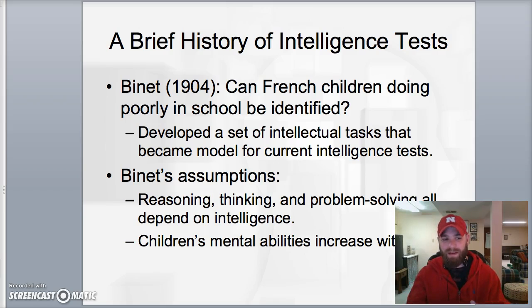Okay, so when I do an IQ test today, it's not the Binet one, it's a different one, but it has all these small tests that we ask people to do that we think are looking at a variety of things. And he had some assumptions that intelligence involved a lot of different things, and the assumption was that children's mental abilities would go up as they got older. So an older child should know more or be better at these tests than a young child.